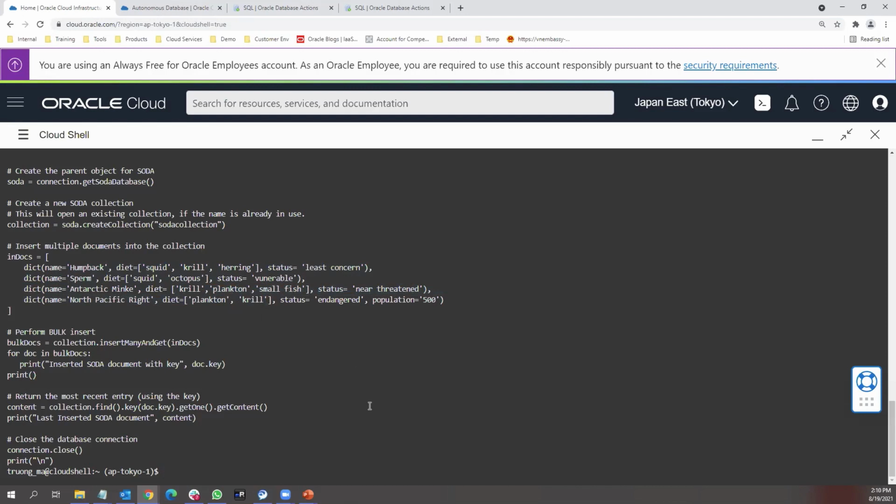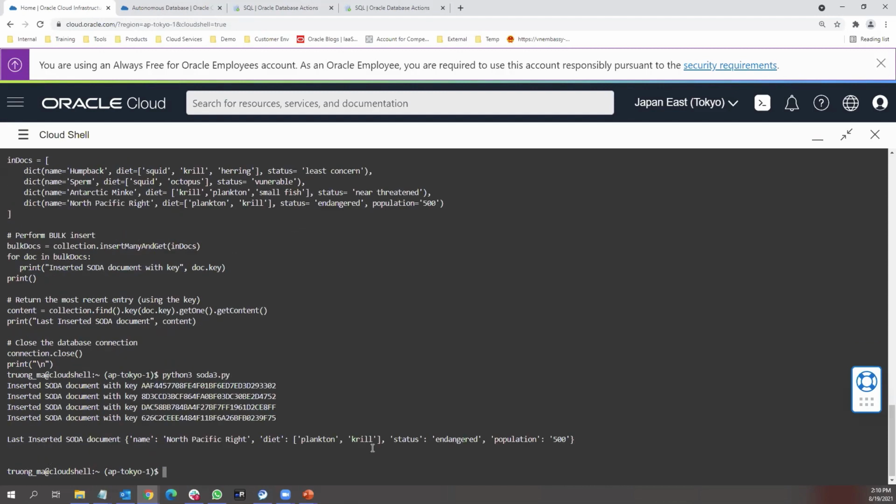Now I run this one, python soda3.py. Okay, it has already inserted into the SODA document, and this is the key. This one is the ID for the third and the fourth of my values. Now I run the command and I am supposed to get the return with those two keys. The command is